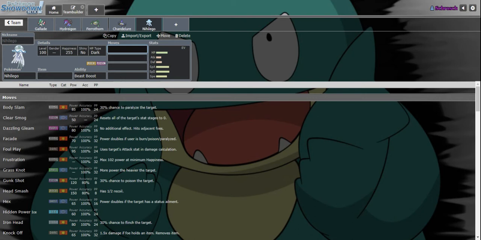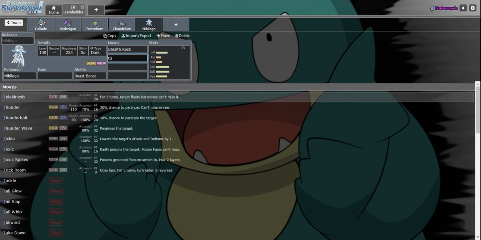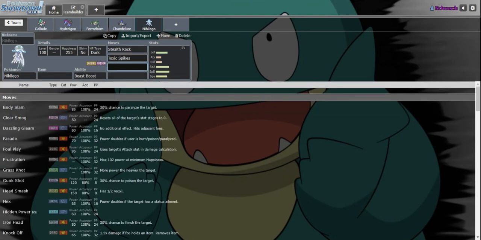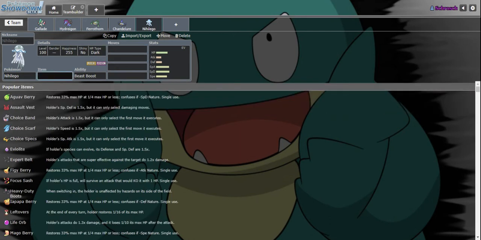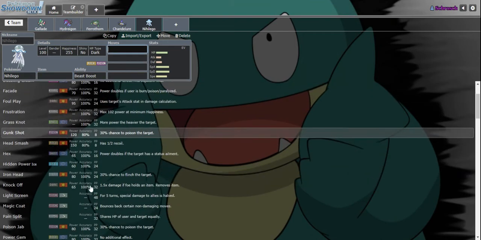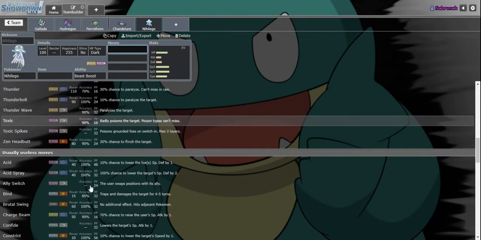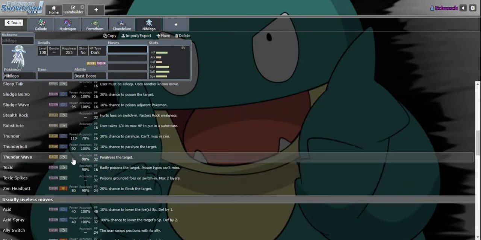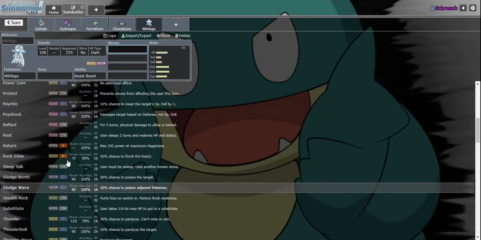So this thing gets Stealth Rocks, Toxic Spikes, and Court Change hazards, so that's nice. It can also run Choice, can run Sludge Wave, Power Gem, gets Meteor Beam now, gets T-Wave, Thunderbolt, Sludge Bomb, Sludge Wave,